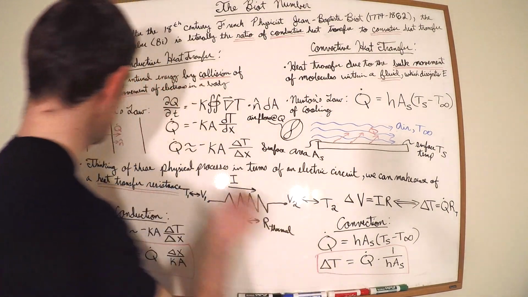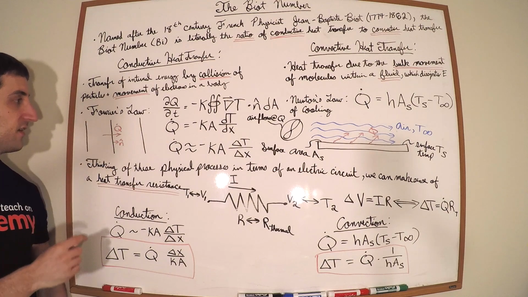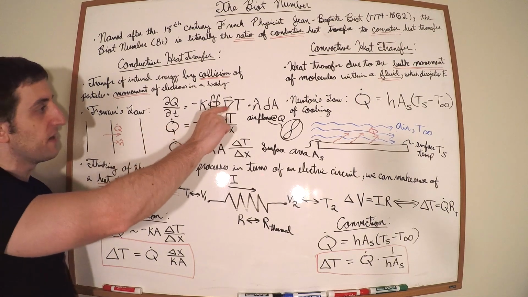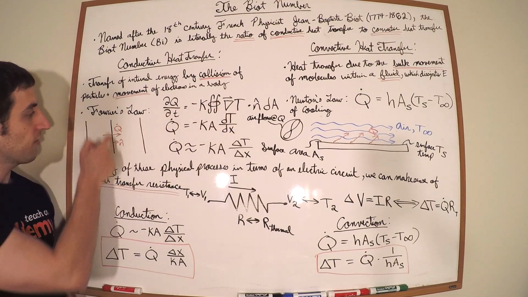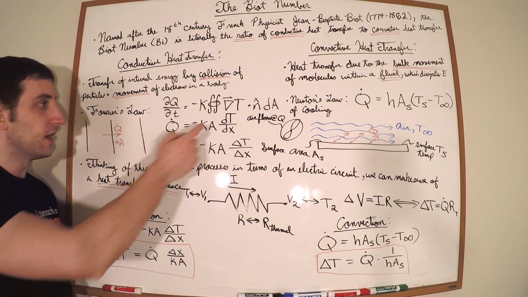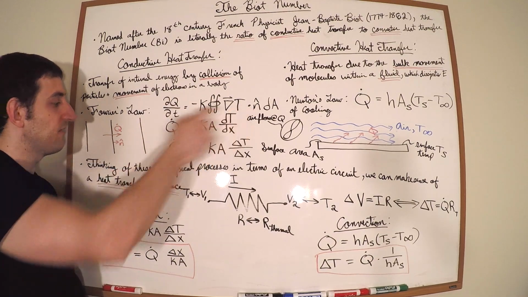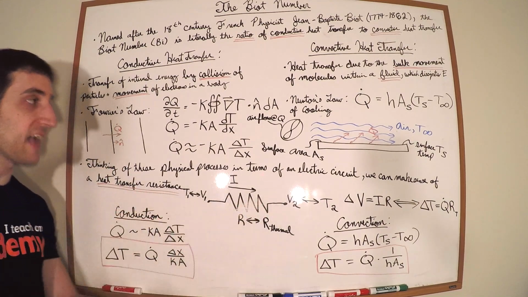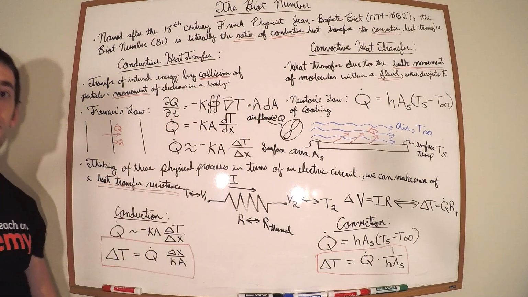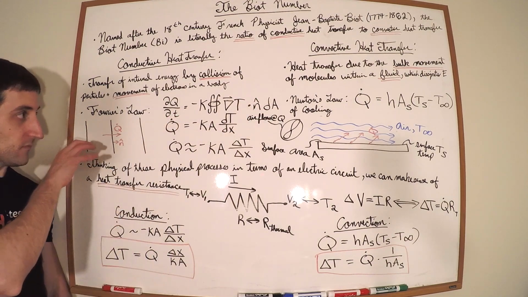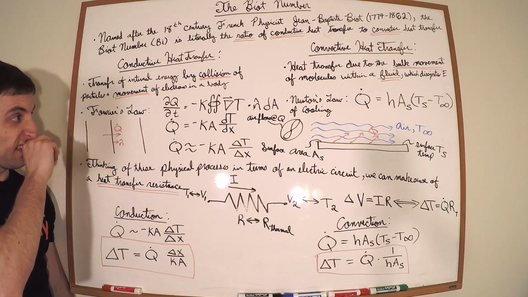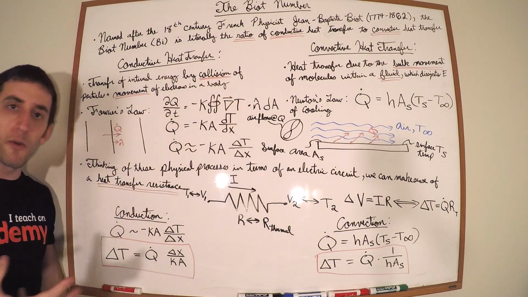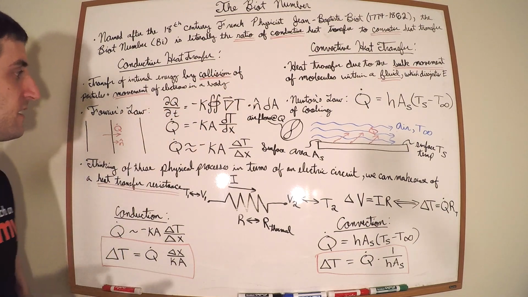Okay, so I've drawn up a picture here of those two different boundaries, and the way in which to determine the heat transfer Q is, the heat transfer is going to be the temperature difference across the surface area that it's flowing through. That's where this normal vector n comes into play. If it's going in a different direction, the heat transfer isn't going to be as much as it is if it's going straight through that surface area. But if we take this guy here and we use one dimension in the x direction, this can get a bit more simplified. So what we're going to use in this video, in this analysis mostly, is the following equation,